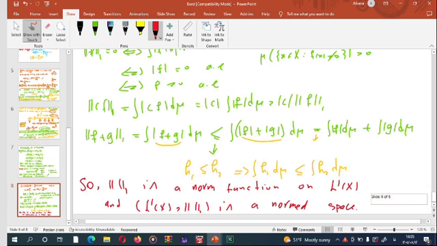This normed space is a Banach space, or every Cauchy sequence is a convergent sequence. Every Cauchy sequence in this space has a limit in this space. Okay, has a limit in this space. This norm is complete on L1,